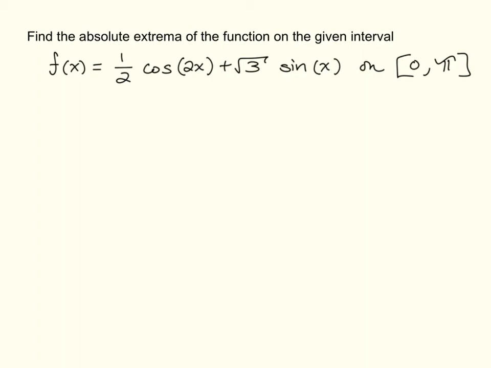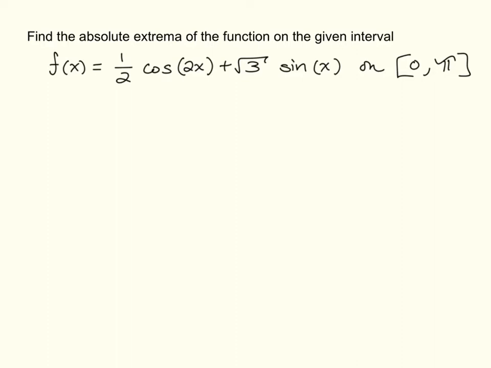Find the absolute extrema of the function on the given interval. f of x equals 1/2 cosine 2x plus square root of 3 sine x on this interval 0 to pi. The first thing we need to do to find absolute extrema is to find the derivative and any critical values